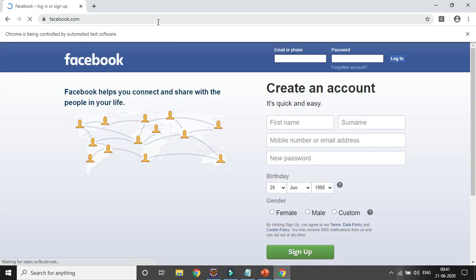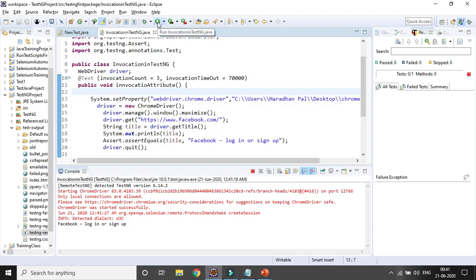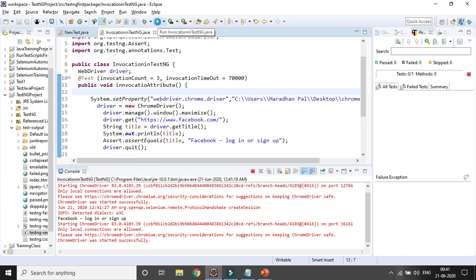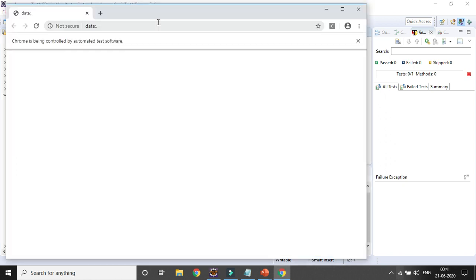It's similar to timeout, but here invocation timeout is the maximum time for the iterations. In case all the iterations do not complete within the stipulated time frame, the rest of the iterations will not be run, and your overall test case status will be fail.